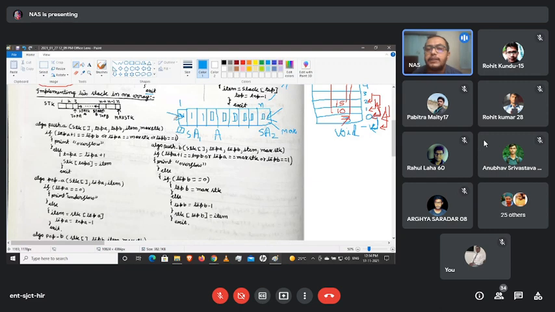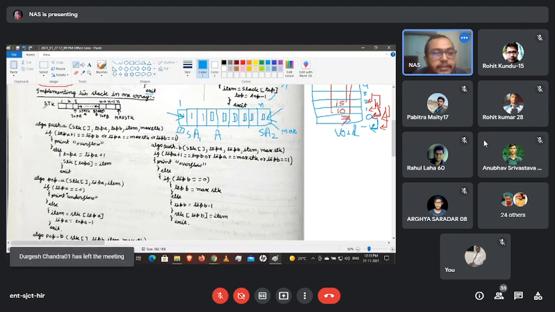So again, another condition can occur: stack A is not showing that it's getting to max stack, but this particular stack is already occupied until this place. So there is a third condition. These are the three overflow conditions that can occur here. Okay, so now let's come to this particular image.